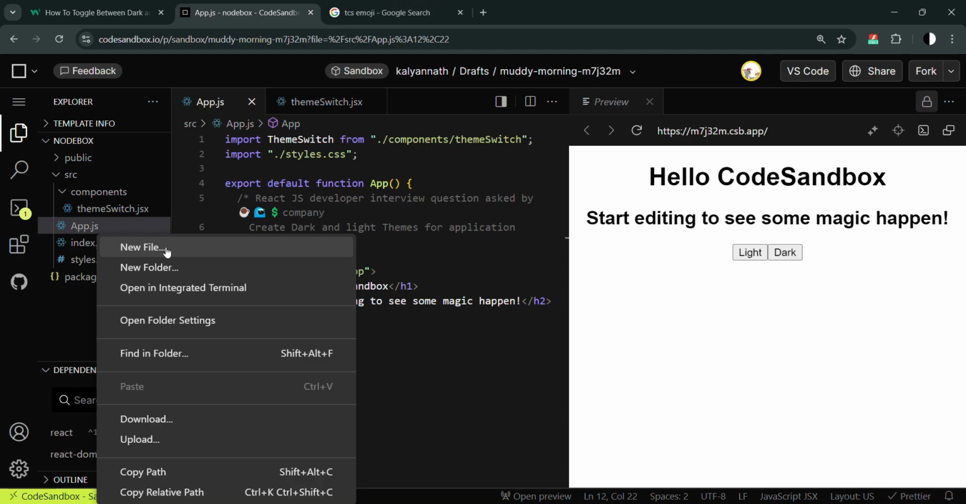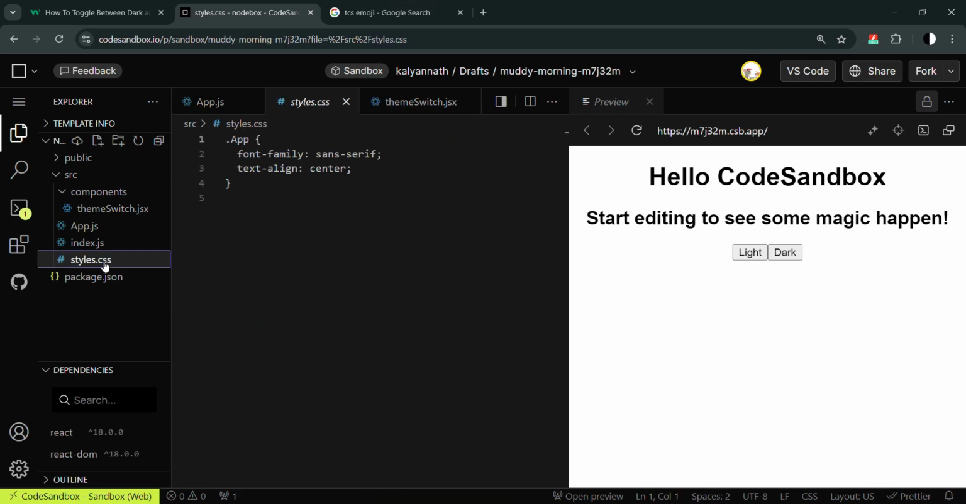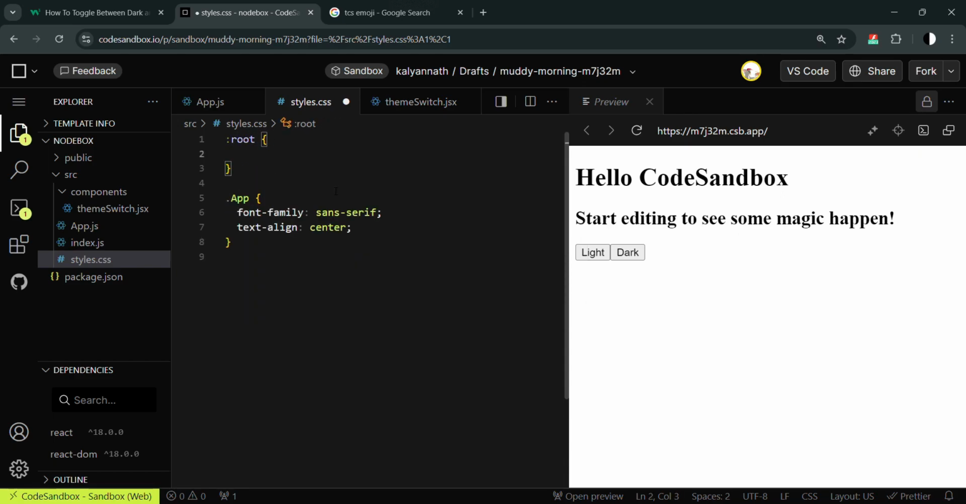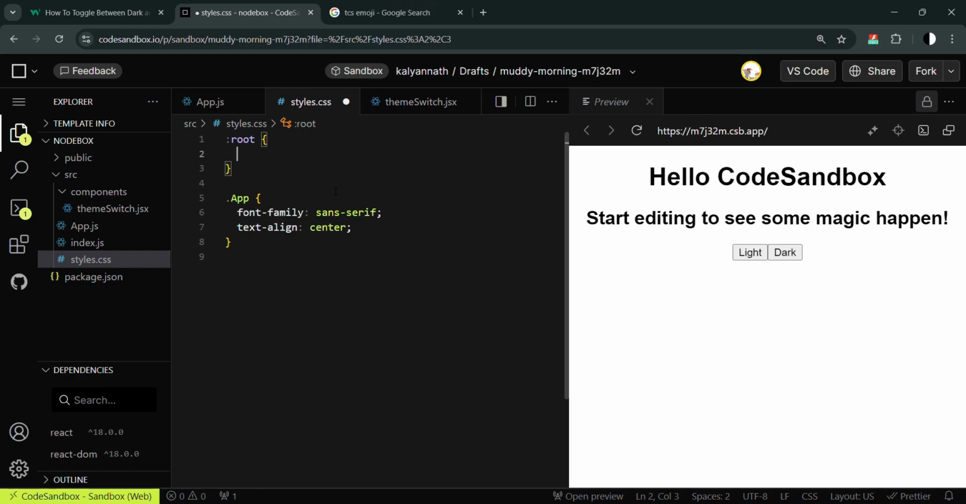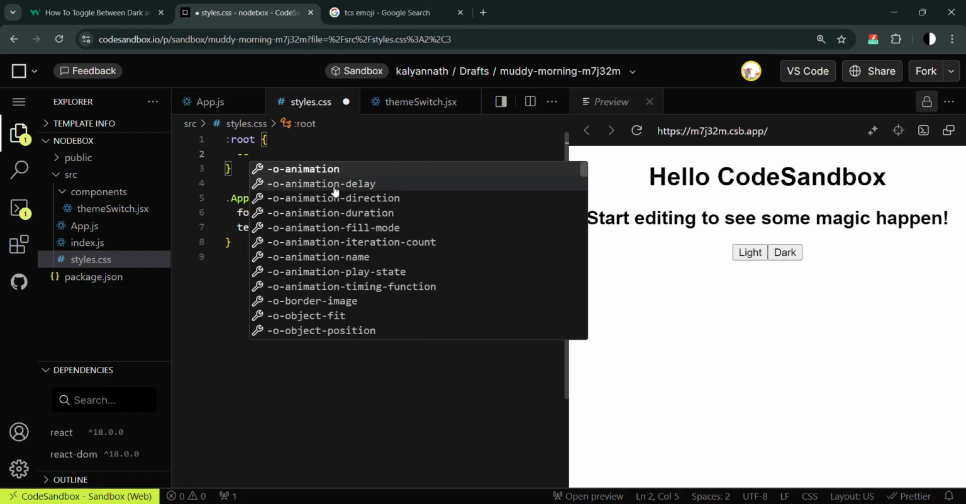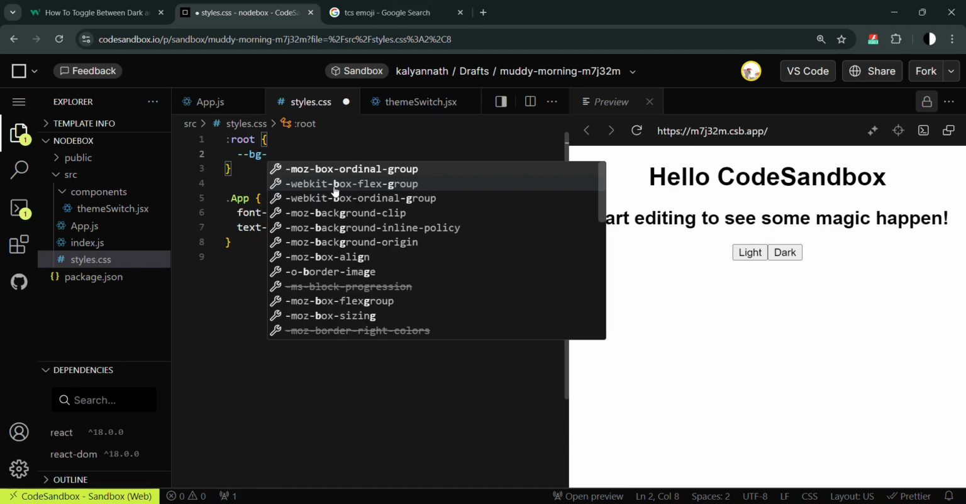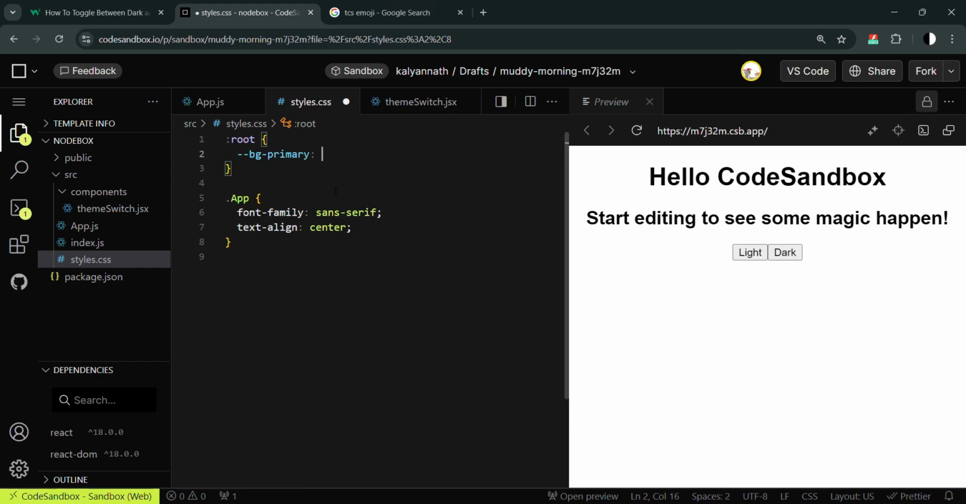CSS file, or I think we already have one CSS here. Yeah, we can use this one directly. We'll use the :root selector. Inside it, we'll just define some variables. Let's say bg primary or something, right? For root, I'm assuming by default it will be having light theme, so background color would be white,